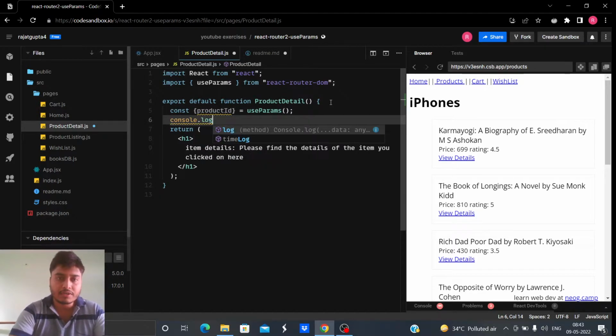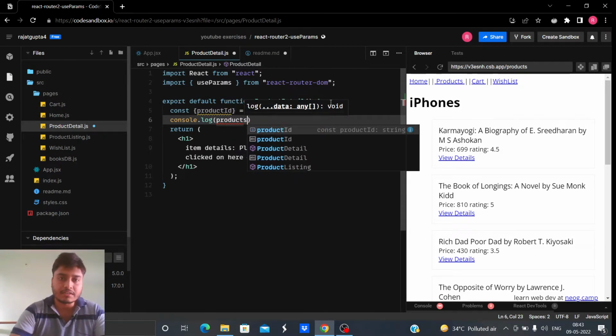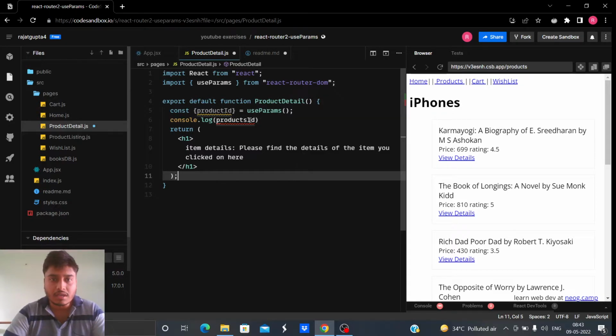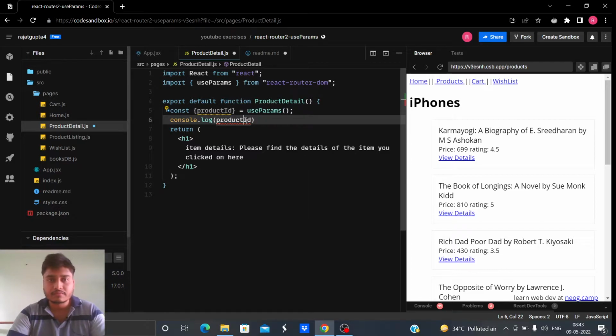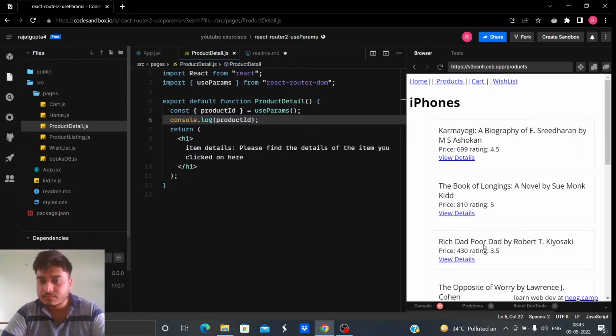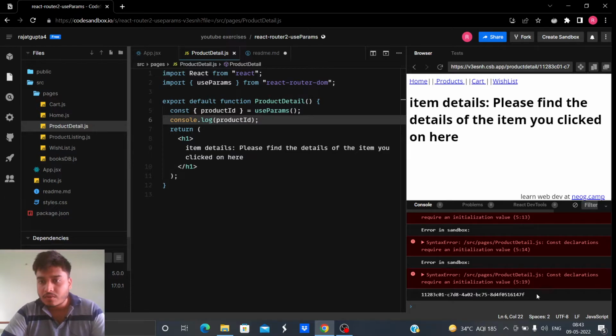I'll explain what is happening here. First let me just make sure that things are working fine. Okay, so we are getting the ID here, that means it's working.